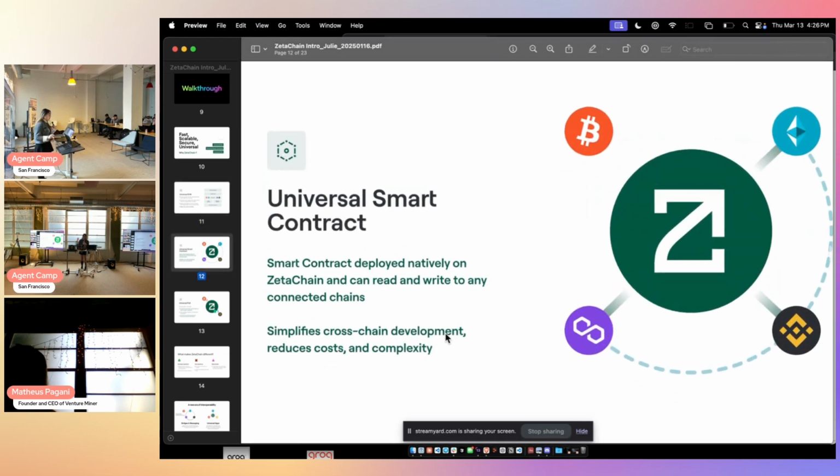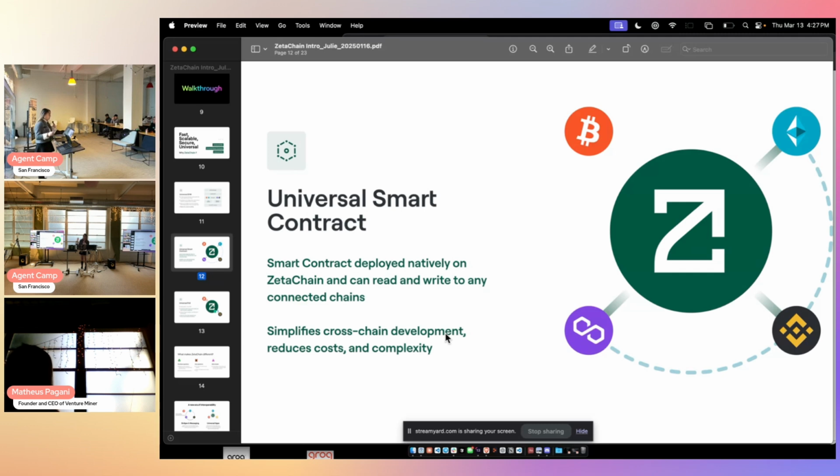For the universal smart contract, this is how we work. The smart contract deploys natively on ZetaChain and can read and write to any other connected chain. Let's say you want to build a dApp and transfer assets from Solana to an EVM chain, or buy some more tokens.